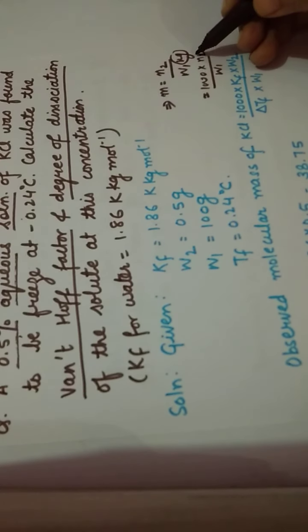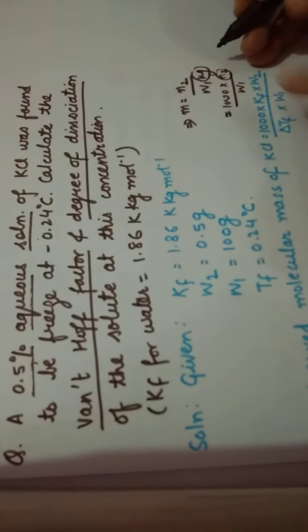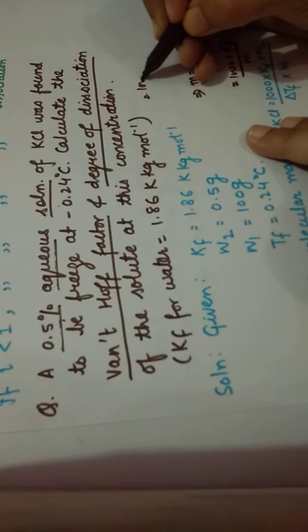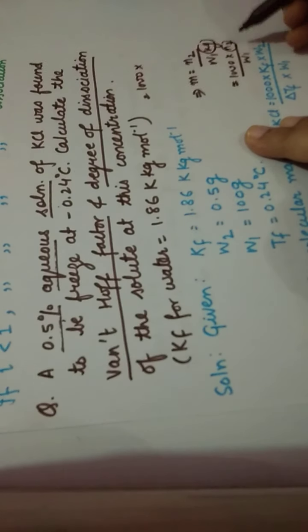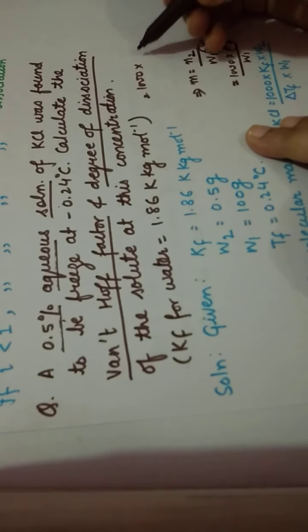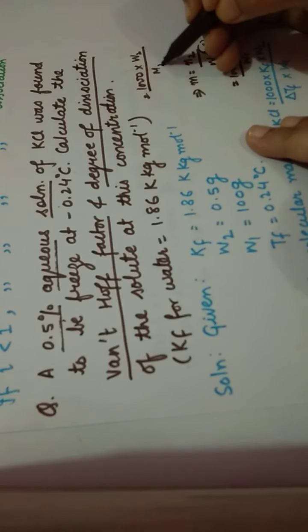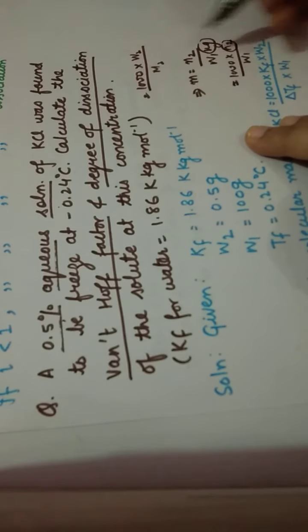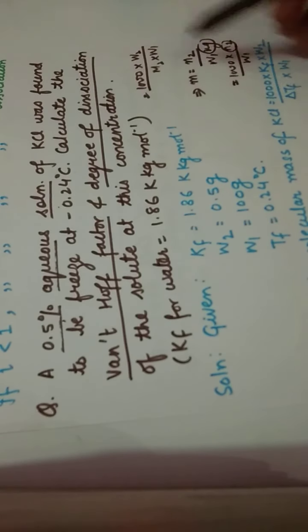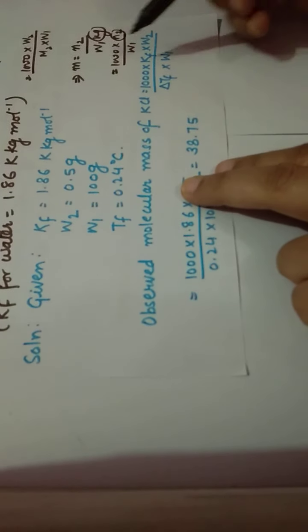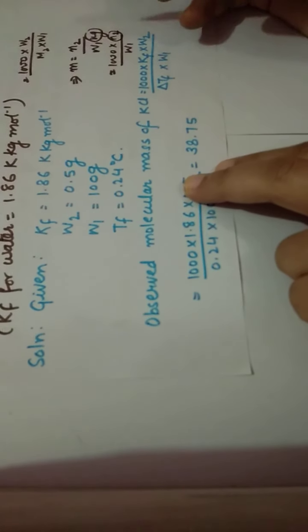Okay. So what is the value of N2, children? In place of N2 you can write it will be equals to 1000 into what? Number of moles is equals to mass in gram divided by molar mass. Okay, this you get into W1. This is the formula generally we get. Okay, children, so this is what we got. So it is the formula for molar mass.